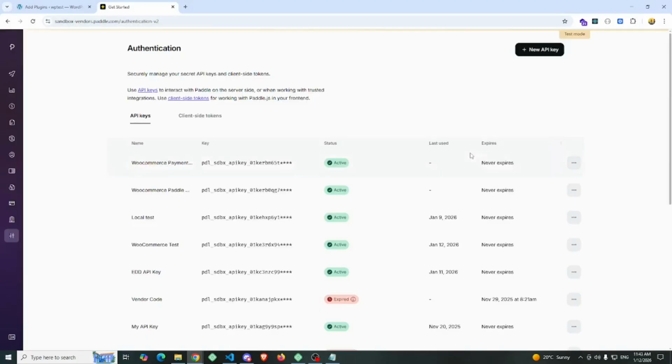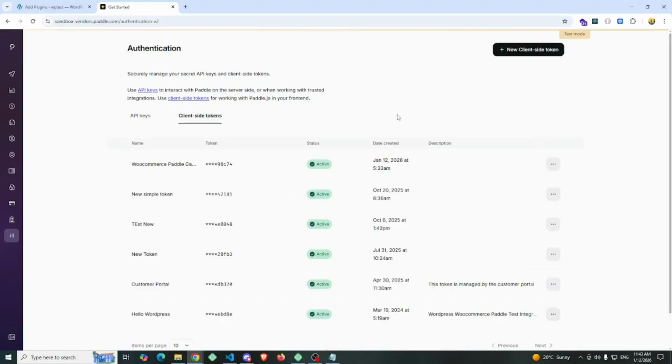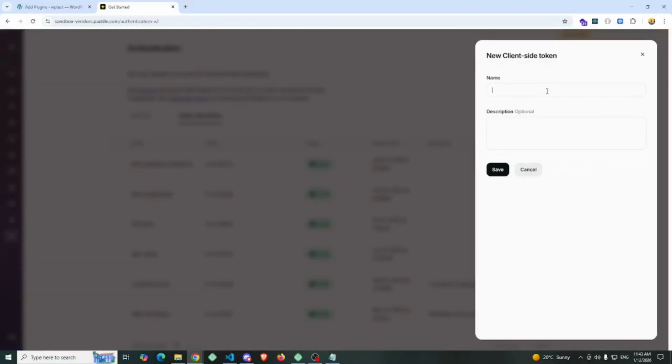Now moving on to the next part, the client token. Go to the client tokens tab, and here you can also find a button to create a client token on the top right corner. Let's click on the new client token button. You will also get a pop-up, so give it a name,